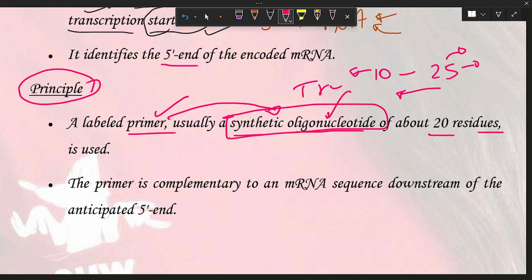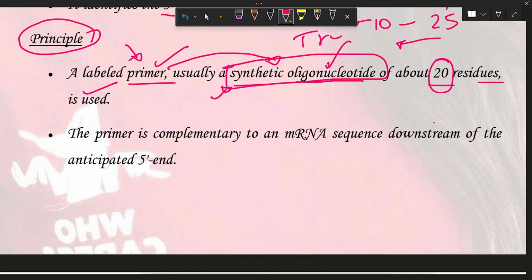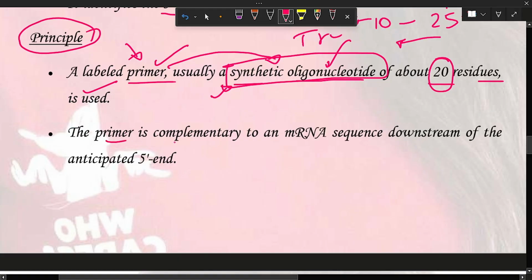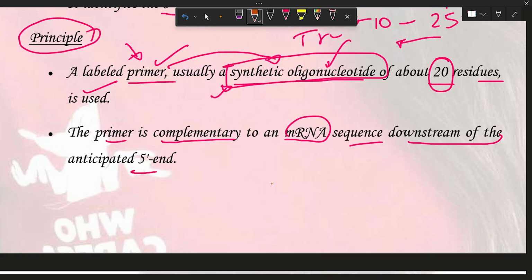Here we use a labeled primer, a synthetic oligonucleotide of approximately 20 residues. This primer is complementary to the mRNA sequence downstream of the 5' end. What does this mean?